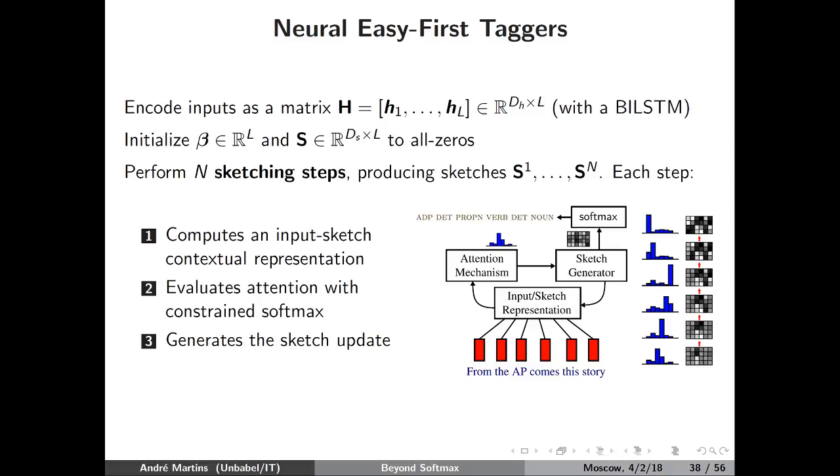The bars here denote the probability that we are assigning to each word. So for example, in the first step, we decide to put most of the attention on the third word. Then for the second step, we put most of the attention on the fourth word, then the fifth word, then the sixth one, and then the second one and the first one. So the idea is that we need to have some sort of diversity for these attentions on the different steps. And then, given the attention, we update our sketches.